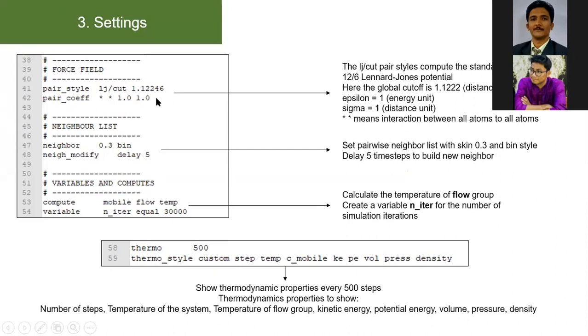And you can also provide a local cutoff value, but that's not needed actually, as I've already provided a global cutoff value. And these are the coefficients. Here, star means that it will work on every atom, I mean, the pair interaction of all atoms with all atoms. So suppose you write here